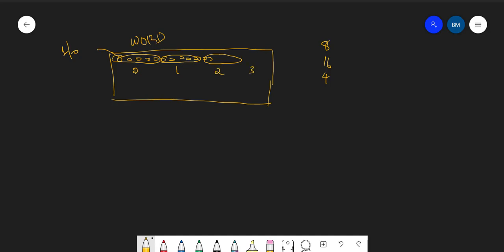Addresses help your computer get data from RAM. Your processor will say, get the data from address 1, and your computer will go to address 1 and get whatever data is there. This is what is known as an address, and this is the address we get using an ampersand sign with a variable. These words are arranged like this, which is a standard way of representing it. This is what is known as the stack, and we have addresses here.